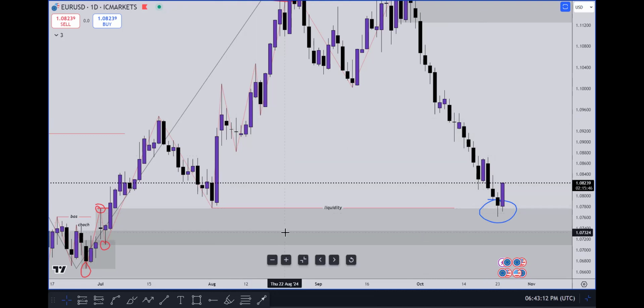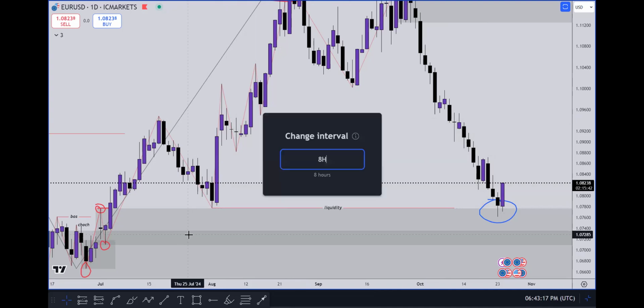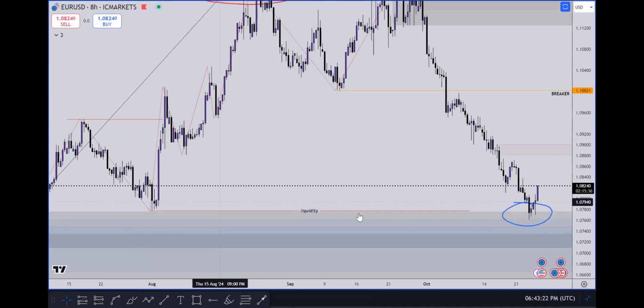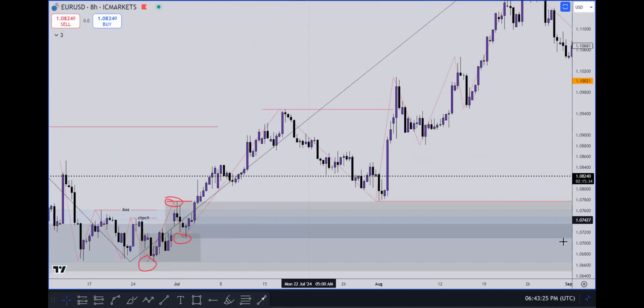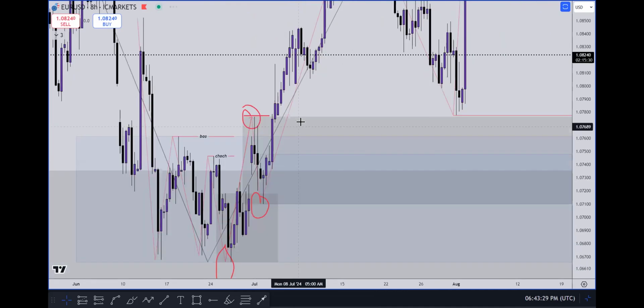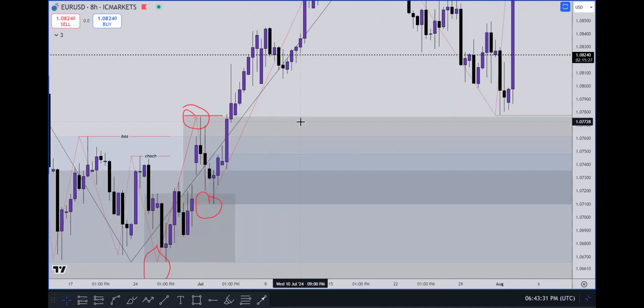Now, basically, you also want to refine your demand levels down to maybe the 8-hour time frame, 4-hour time frame, and things of that nature. But let's see on the 8-hour time frame. Okay, so on the 8-hour time frame,